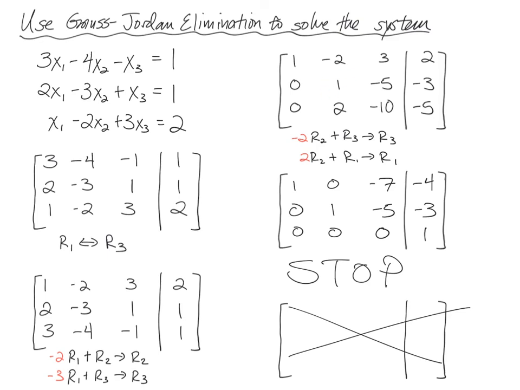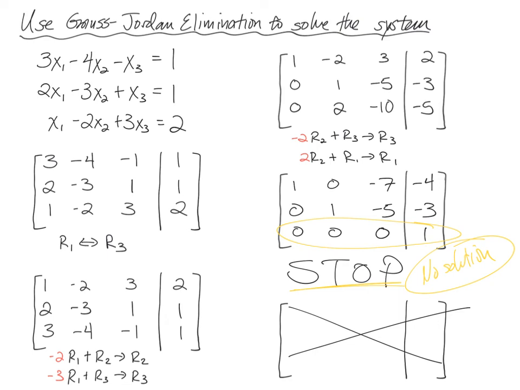It's already there. So from there, that means we can jump right into getting the zeros above and below this 1 by these row operations. And then when you do that, you'll notice the bottom row becomes 0, 0, 0, 1. And with that, we can stop, as you can see my big word stop here, and say that the answer is no solution. Because